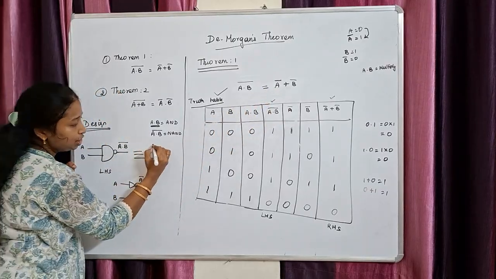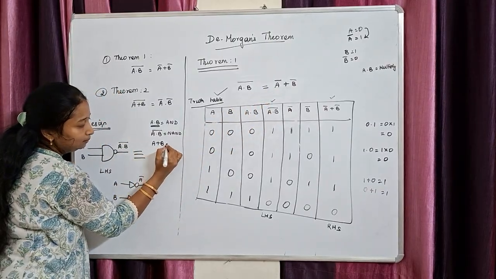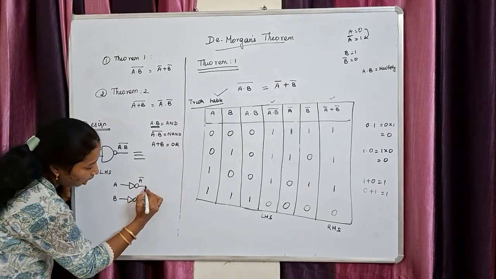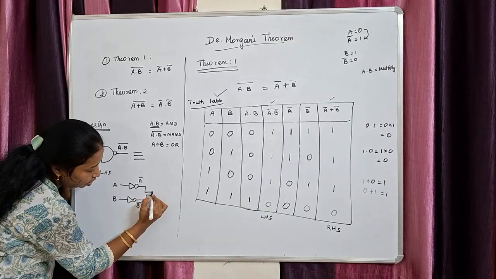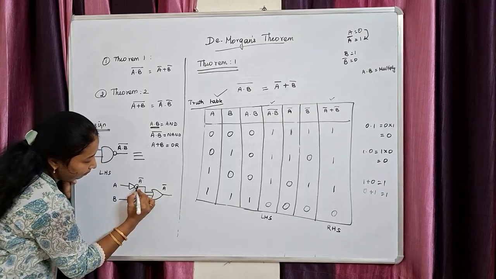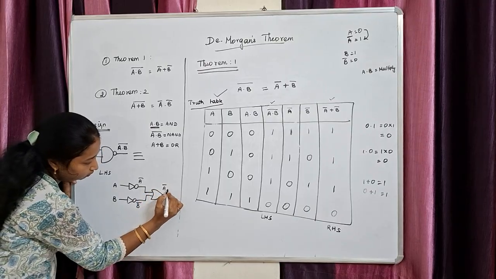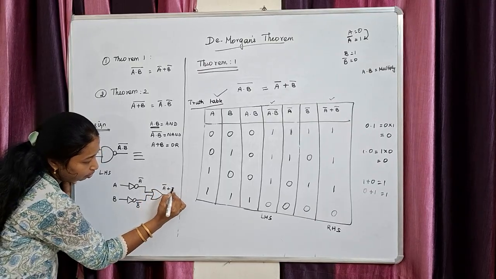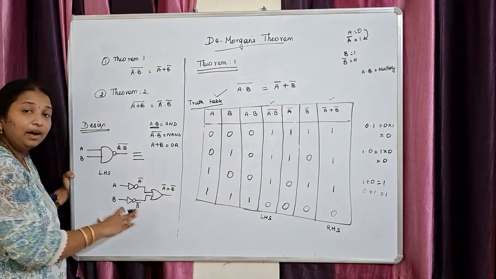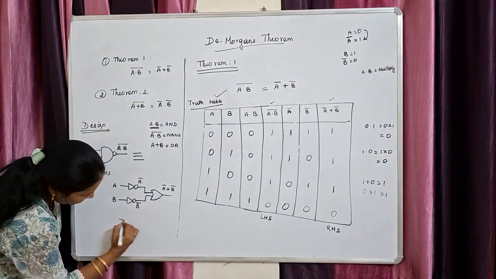For doing a sum, which gate will you be using? For A plus B, which gate will you be using? You will be using an OR gate. Right? So the output of these two terms, you have to take it to an OR gate. Clear? So this is A bar. One input is A bar, the other input is B bar. Since it is an OR gate, I'll be doing a sum. Understood? Clear? This diagram can also be drawn as